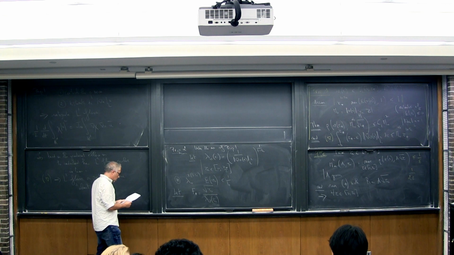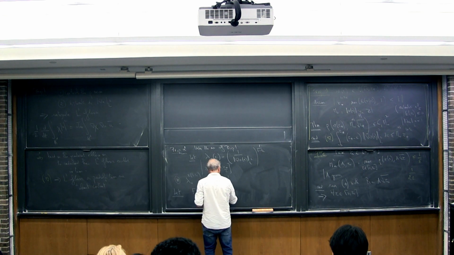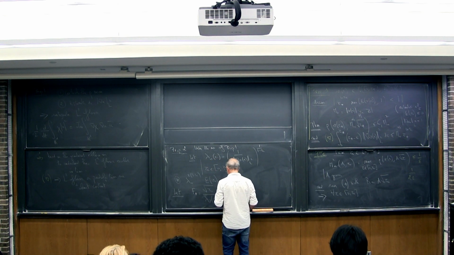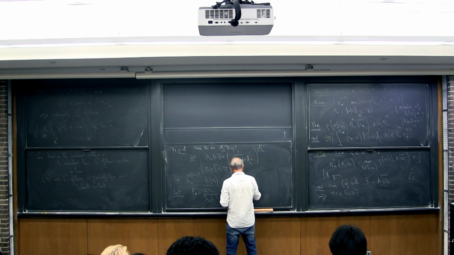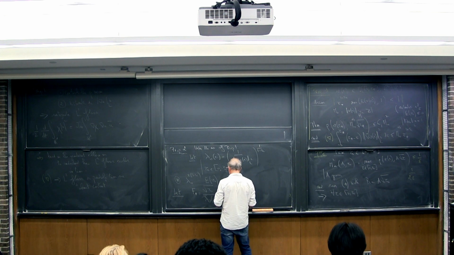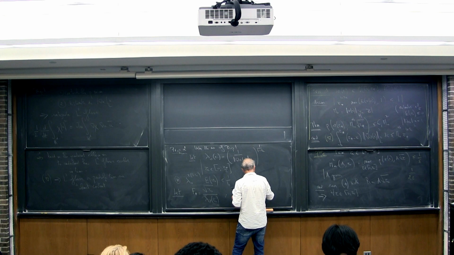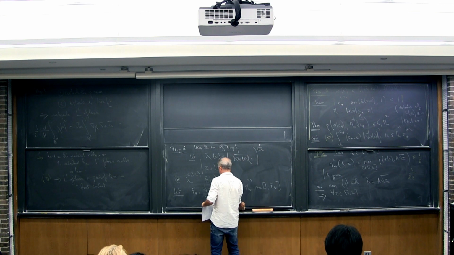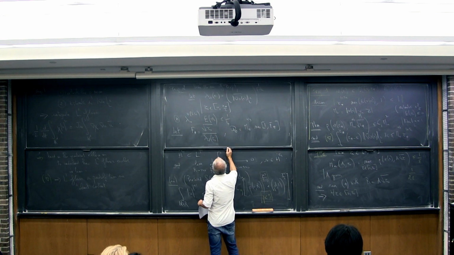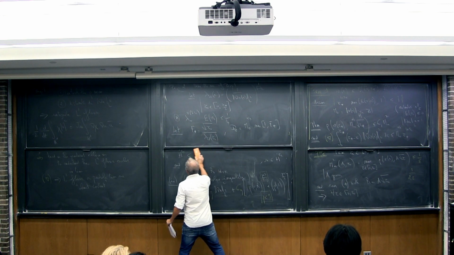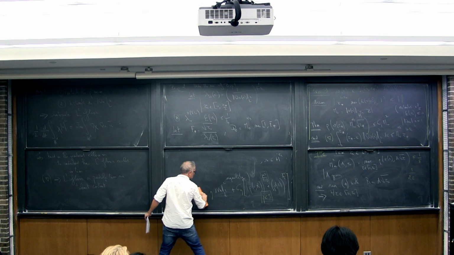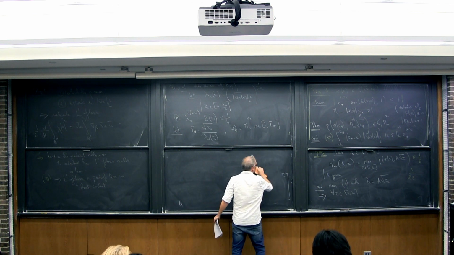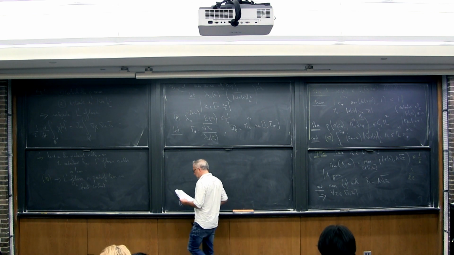So what I claim: let d_0 be the size of the data, m_0 to some power, the max of 1 and this quantity f_star. Then, in fact, and that's the key, then